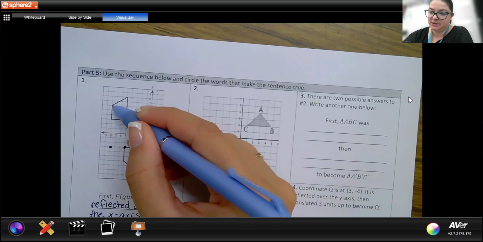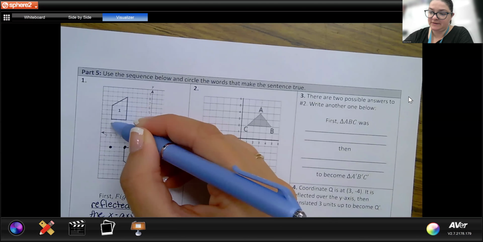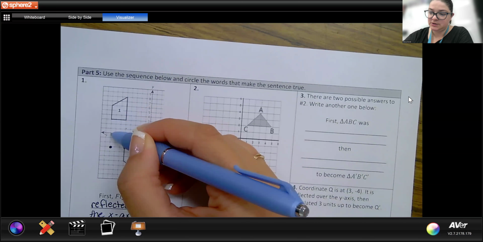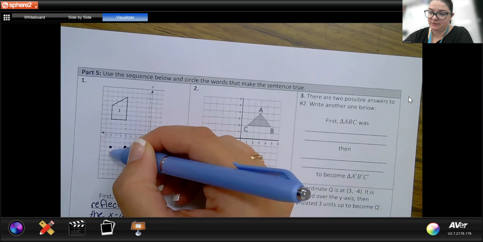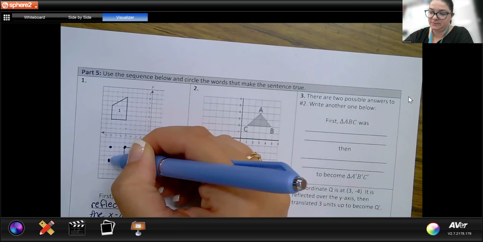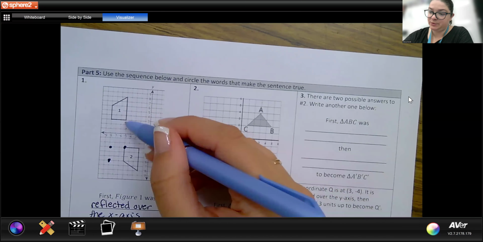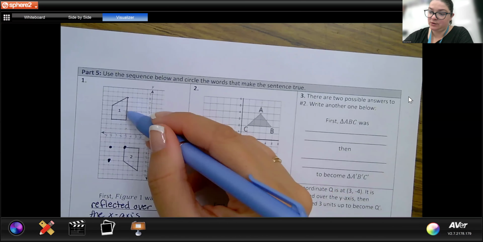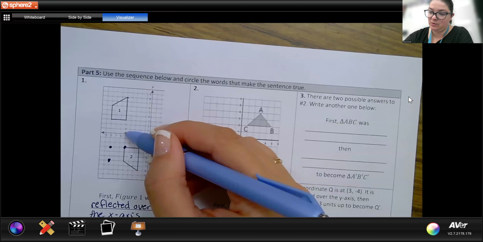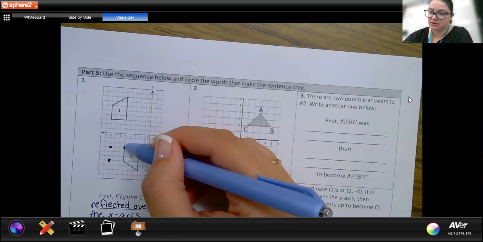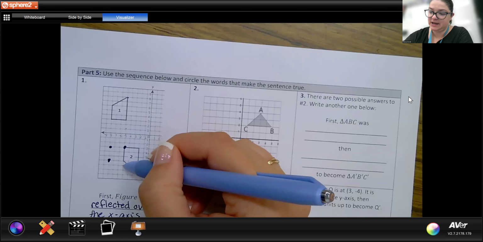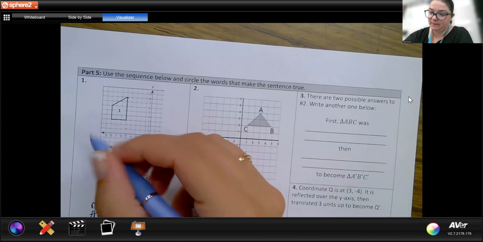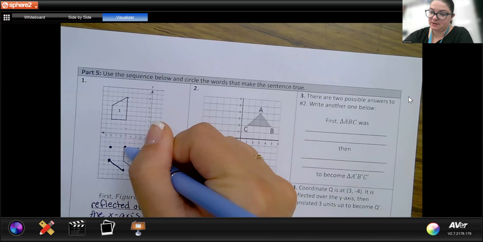This point up here is 1, 2, 3, 4, 5, 6 away, so it's 6 away over here. And then this point is 1, 2, 3, 4, 5, 6, 7, 8 away, so it's going to go 8 away over here. So here's what the shape looks like